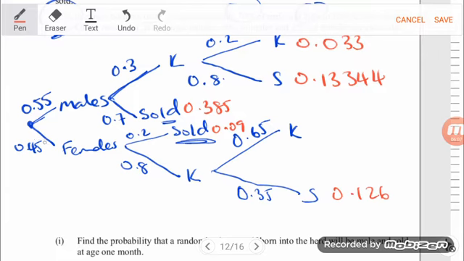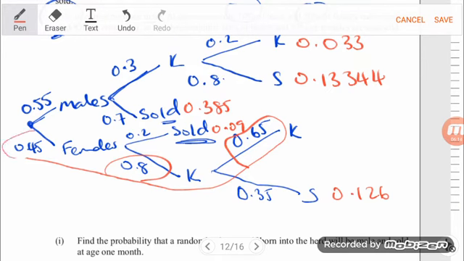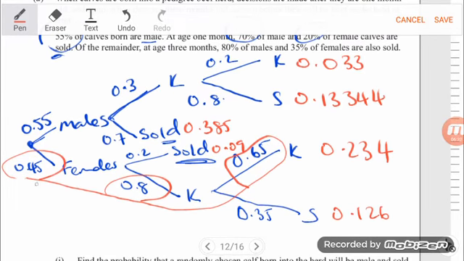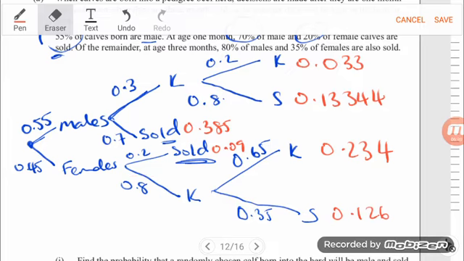Now I'm going through this chain, so I've got to use these numbers. 0.45 times 0.8 times 0.65 gives us 0.234. So the beauty of the probability trees that I like is that it makes it very clear which numbers I need to be adding and multiplying,